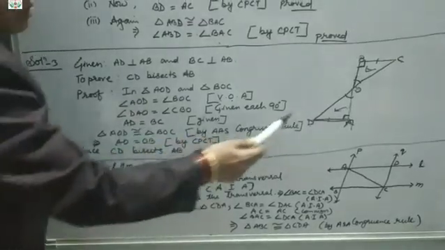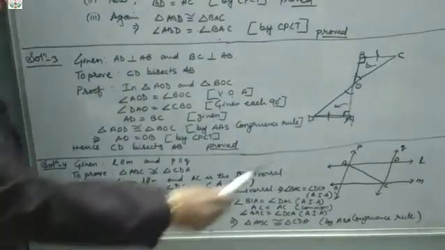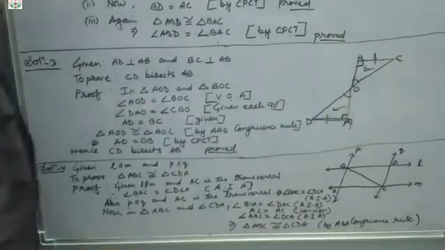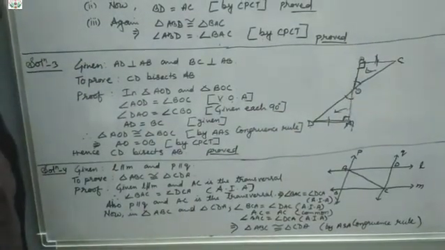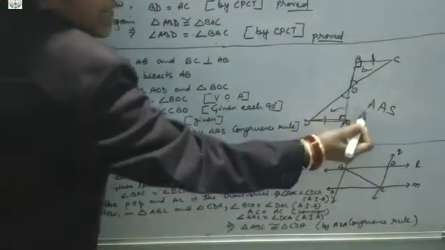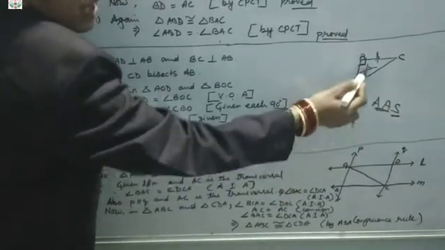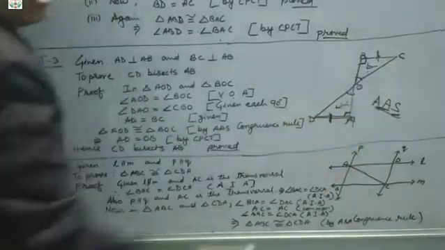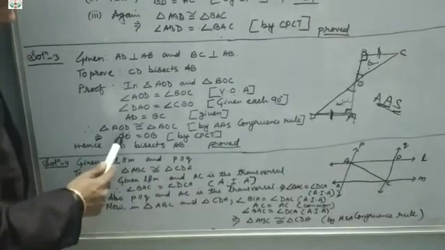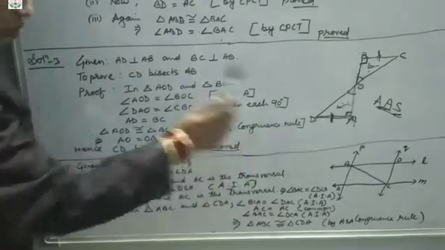And then AD equals BC, it is given that AD is equal to BC. So any two angles, this and this two, any two angles and one side. So which congruency criterion is followed here? That is AAS, angle, angle and side. Any two angles and one side. If they are equal in two triangles, then they are congruent. So here they are congruent by what? Triangle AOD is congruent to triangle BOC by AAS congruence rule.